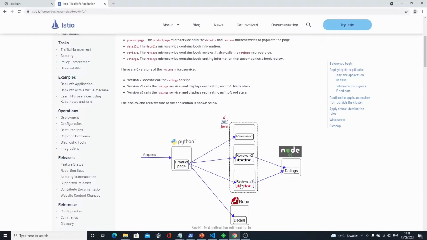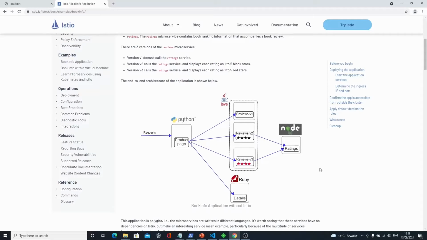And that's the architecture of this application, where you have different versions of the review service, and a single product page, and then the product page will send users to either review v1, v2, or v3, depending a bit on your profile. That's not what I'm going to show today. There is also a details service that gives some information about the book itself, and then a rating service.